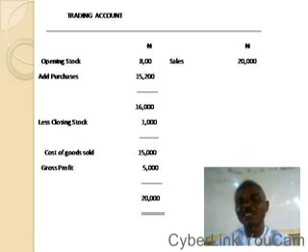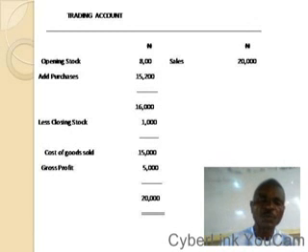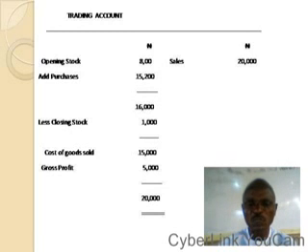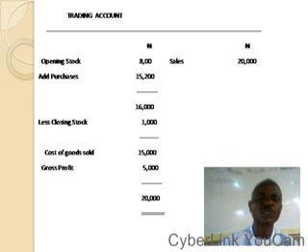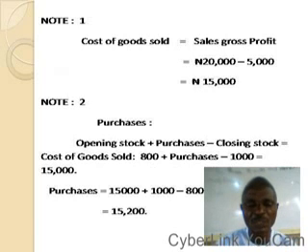And back to the purchases, you have opening stock plus purchases minus closing stock will give us the cost of goods sold. And the closing stock is given, while the opening stock is given, and the cost of goods sold is known. And you have to find the value of the purchases. And check the note 2. The purchases is unknown, the opening stock is 800, less closing stock is minus 1,000 naira, and you have equals